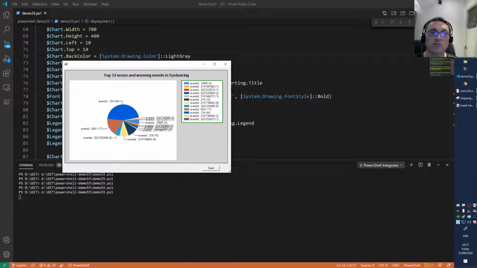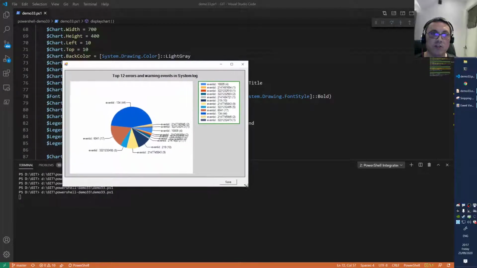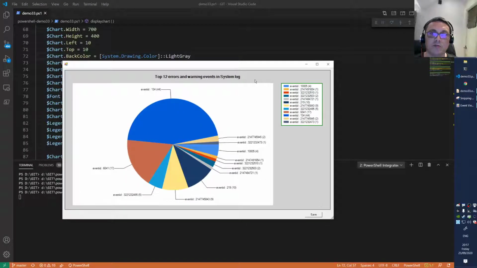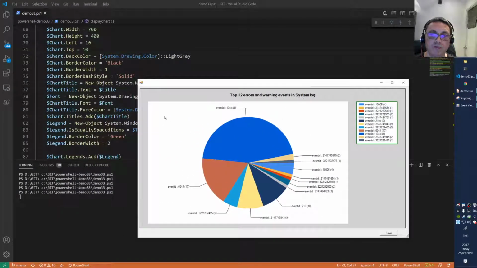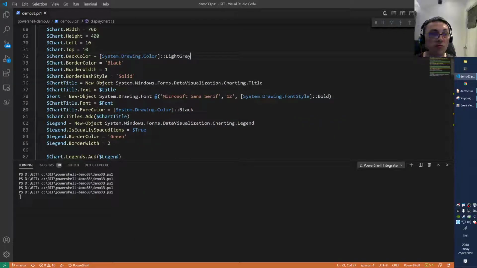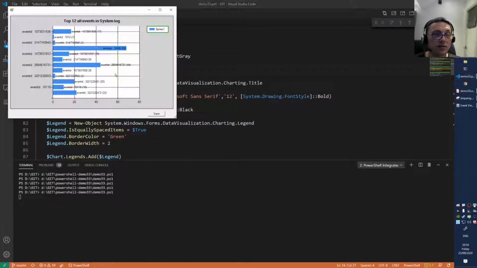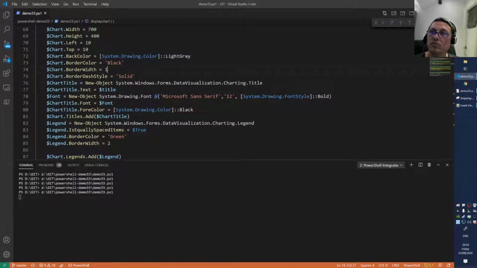You see? So now the background is light gray. See that? It's pretty cool. And perhaps we can even play with the background of the chart here, right? I don't know. We can play with that a little bit, I guess. And let's see if we can make the border, this black border, a little bit thicker, right, around that chart. That looks pretty nice. So we have the border is already black. Let's oh, I need to stop the code again. I forgot that again. I seem to forget that all the time.